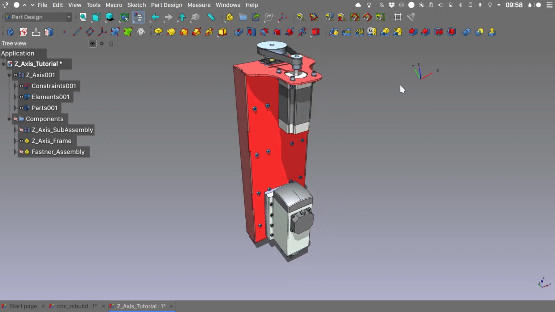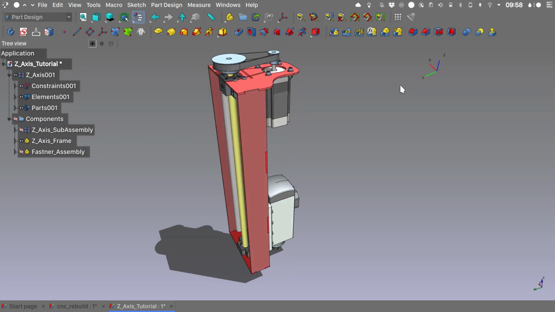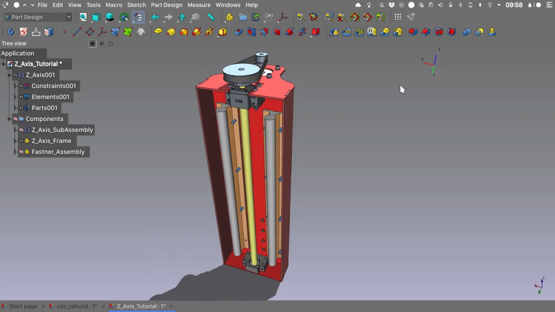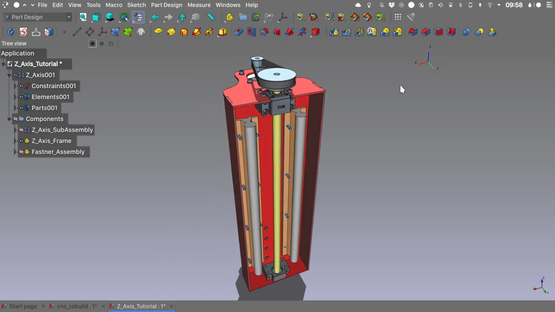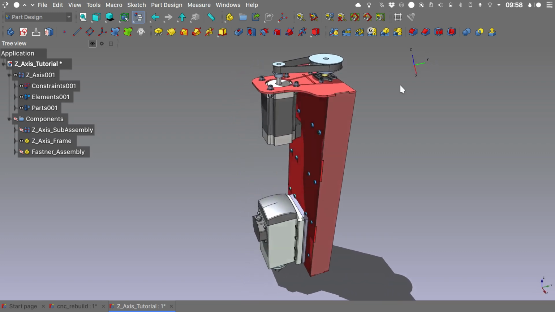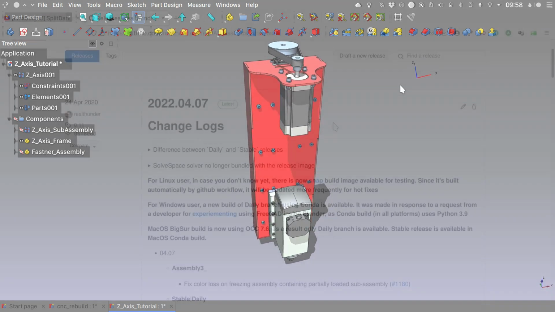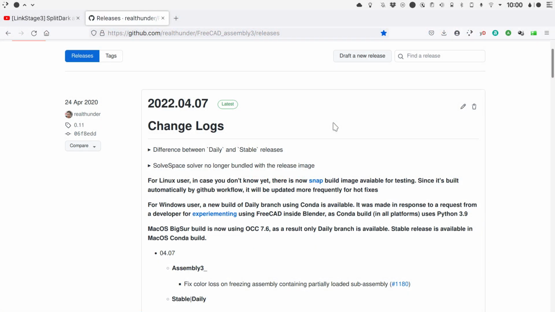This video tutorial is part of the CNC series and in this video I would like to show you how I modeled in context the Z-axis frame using as a reference the components subassembly assembled with the Assembly3 workbench from Realthunder. Before we start, I'm using FreeCAD LinkStage3 release 0407 from Realthunder, and you can download it from